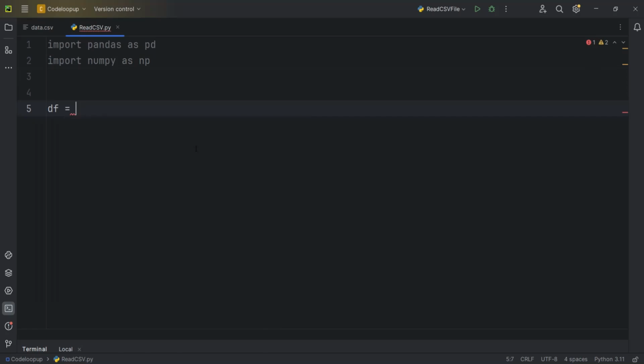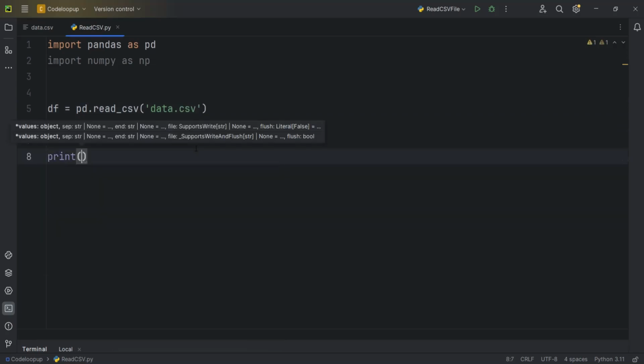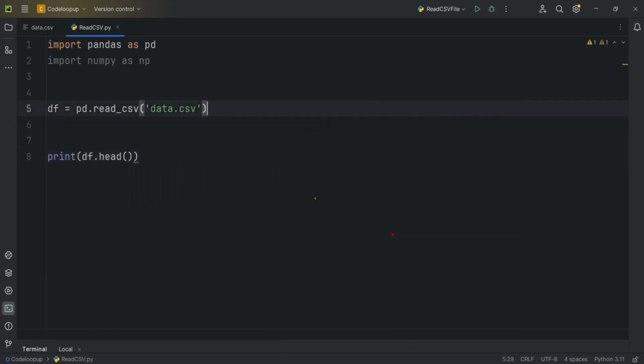So now we can use read_csv for reading a CSV file in pandas. I can just say pd.read_csv, and in here we need to give the name of the CSV file, for example, data.csv. Now we can display the data. I can say print, for example, I want to print the head of the data, df.head(). Now if I run this,